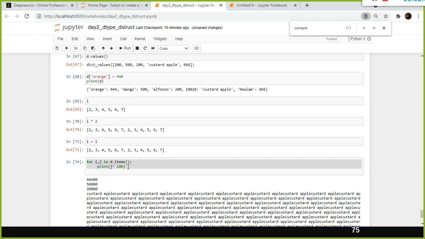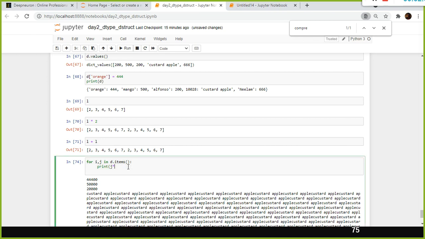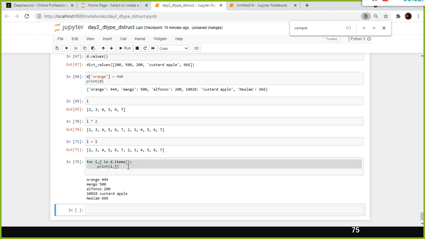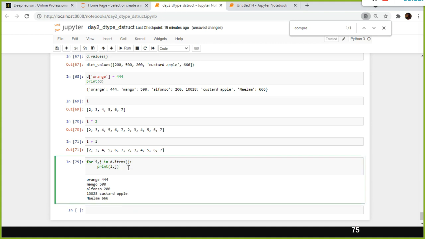No, it is printing 100 times. Okay, here it is not working. It is not much helpful here. So if I use this, I can just print i comma j. This is what I can get, at the maximum.